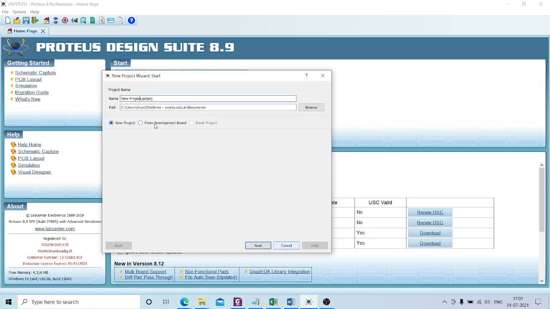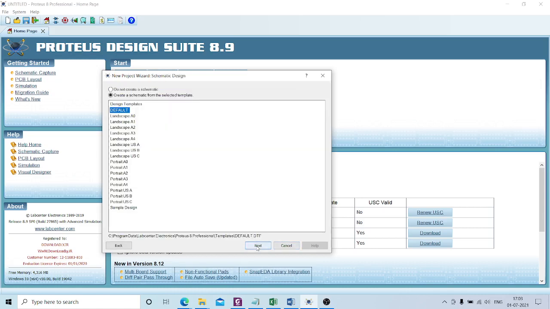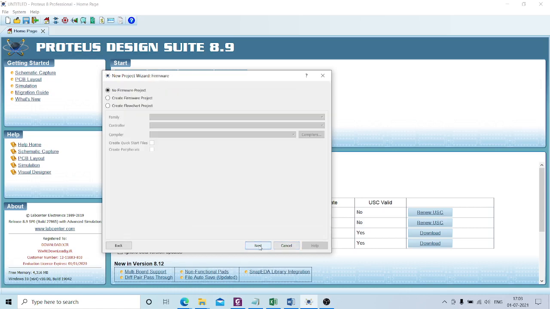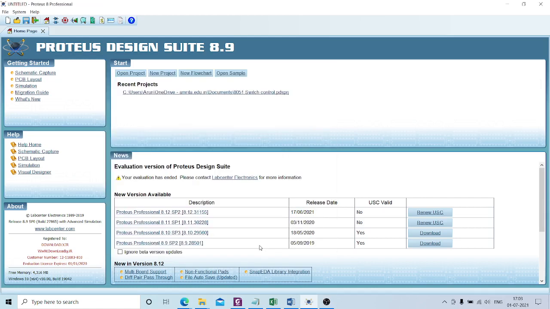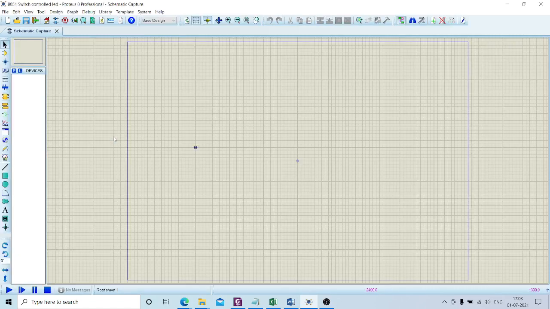So I'm just going to give a name for it. Switch control LED. Next, next, next, next, finish. Okay. So now this is our